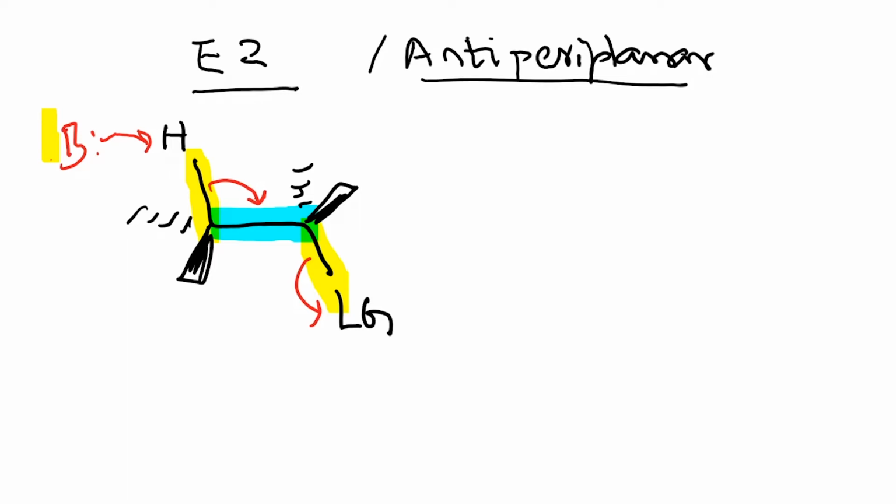Okay, so what anti-periplanar means is that when you draw a plane that encompasses this and this, they're all in the same plane. So this is what we mean by anti-periplanar relationship. This is something that you have already studied previously. Now, when I want to use this information for explaining the distribution of products, what I would need to do is take an example that helps you reason this out. So the example here is the following.